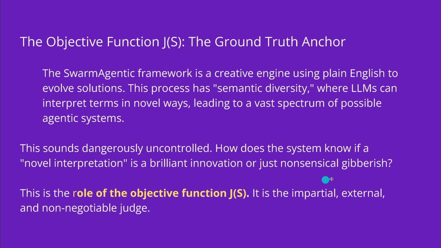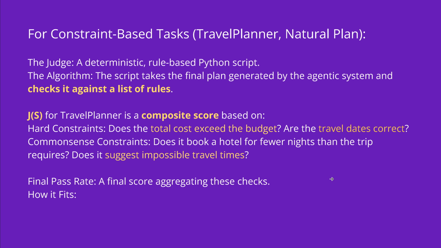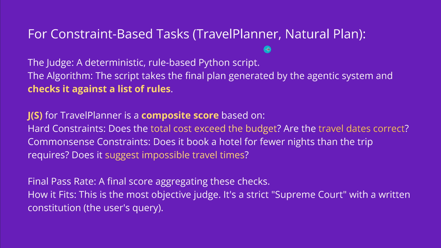We evaluate the result. So, we have different tasks, but let's go with a travel planner. That's easy. The judge is a deterministic rule-based Python script, and it simply checks against the list of my rules. If I define my query, I say, hey, on Monday I want to start in San Francisco. On Tuesday I want to be in New York for a stopover. I want to be there for 18 hours. I'll have a budget for a hotel of $20. And then I want to go 3 days to Madrid. And then I want to go 4 days and visit my aunt in Rome. And then I want to take the boat to go back to